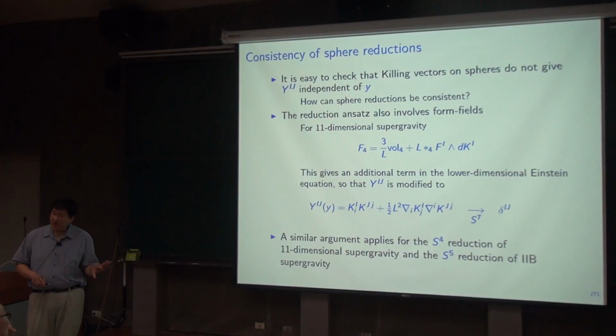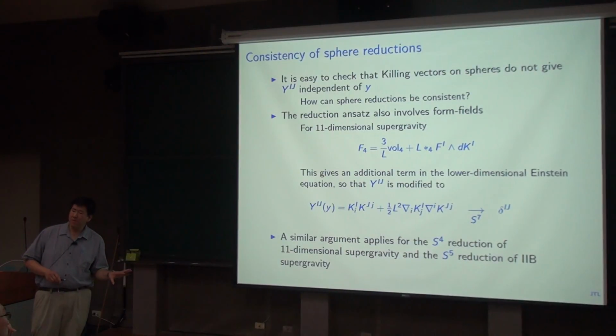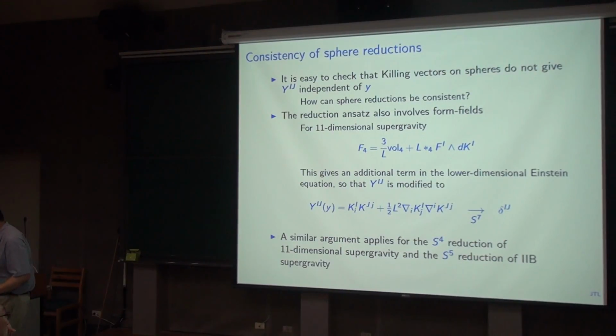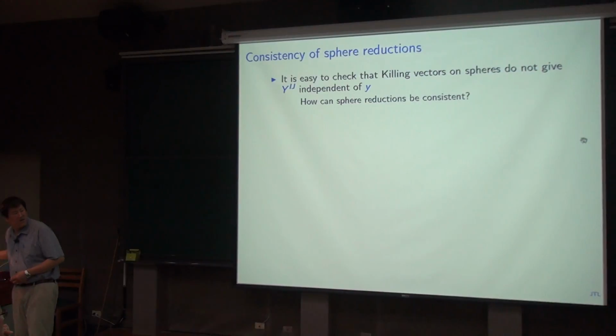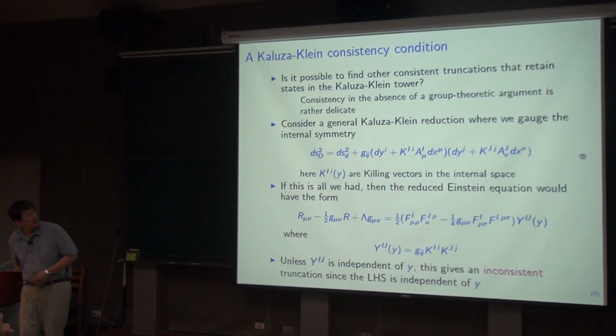And so I need a conspiracy between graviphotons from the metric and graviphotons from F4. They're not independent gauge fields. It's the same gauge field. It's the same graviphotons that show up in the metric. When I put that together, I can end up with a consistent truncation. What that does is, if I go backwards over here,